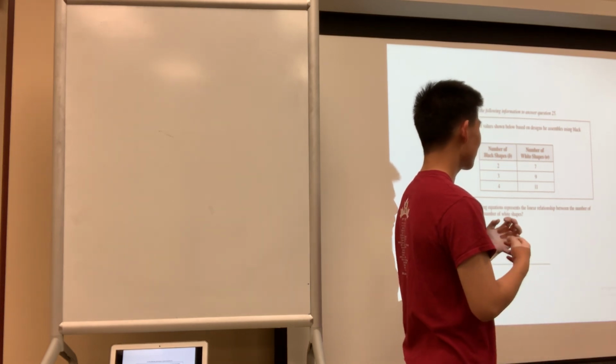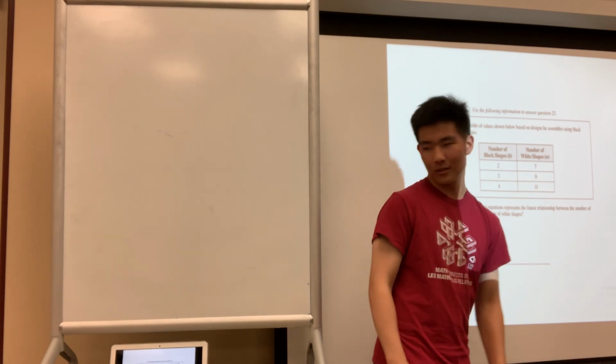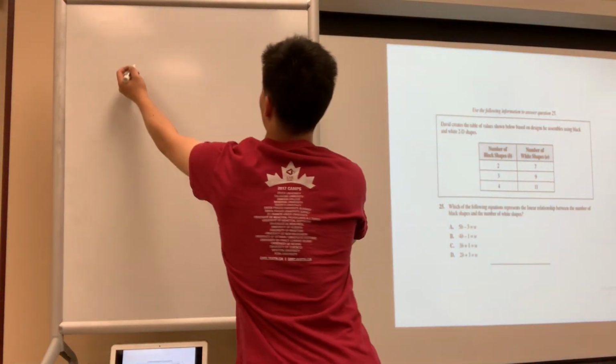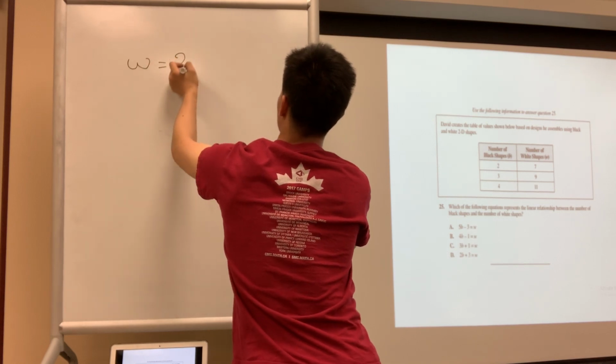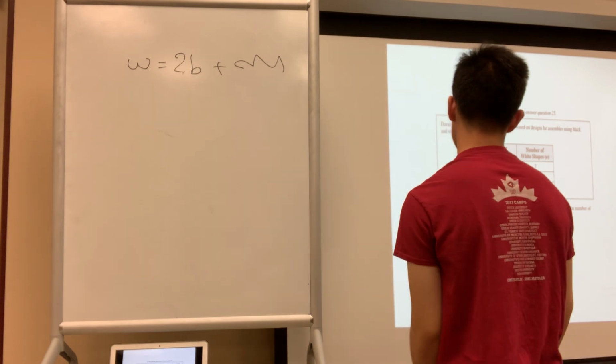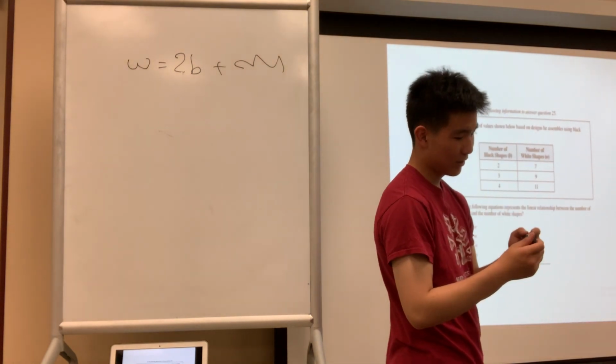So we should say W is equal to 2B plus something. We don't know the something yet, but it doesn't really matter because we notice that there's only one answer with